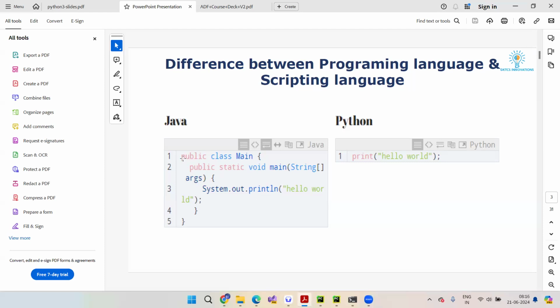You will have to start from the beginning and go till the end, keep on writing till line 5, and only then you'll get the output of hello world. But when somebody asks you to do the same thing in Python, you'll write a single line, print hello world, and nothing else, correct?